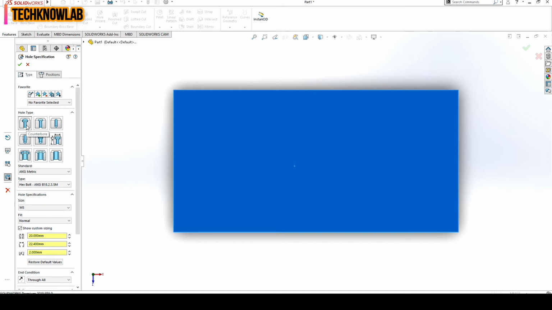This is counterbore, this is countersink, this is hole, normally hole, and this is straight tap, this is tapered tap, this is legacy hole, and this is counterbore slot, this is countersink slot, and this is slot. So these are the different types of holes. Suppose we are choosing here a simple hole.